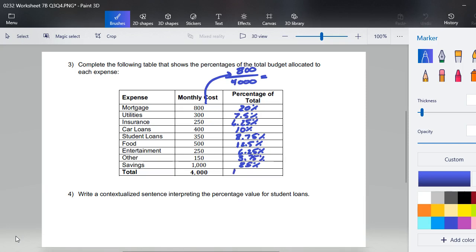When we add all of these percentages up, they should be 100% or really, really close depending on what we did with our rounding. So a contextualized sentence interpreting the percentage value of student loans, they can vary. You can write a million different ways, a million different things, but you get to decide what you point out, what you focus on. And since we've been talking about mortgage and savings, you can even put numbers together like I did and say 20% and 25, that's 45%, almost half of the expenses are spent on mortgage and savings